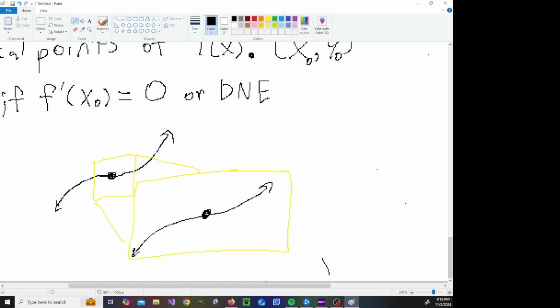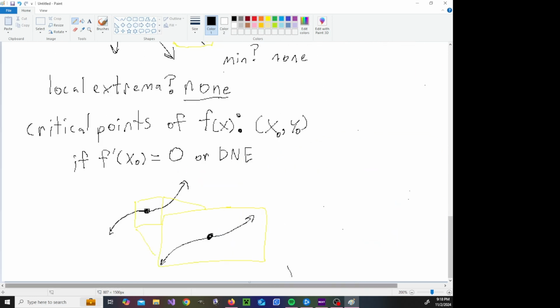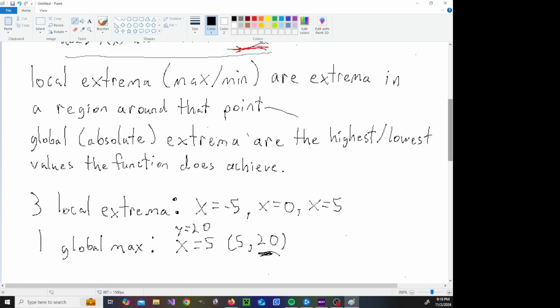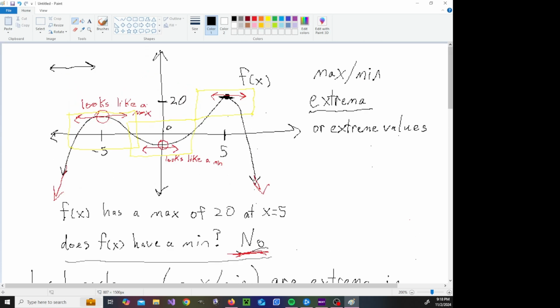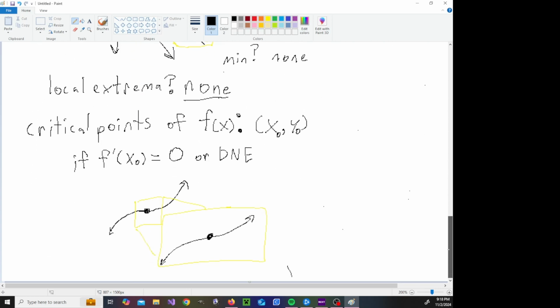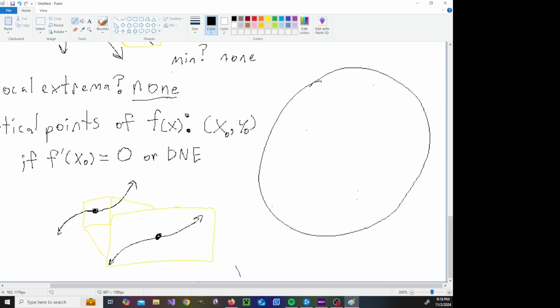However, it certainly is a good place to start to ask where a critical value is. And it turns out, looking at all of my local extrema that I had here, my derivative has to be 0 wherever I have local or global extrema. One way of looking at this kind of situation is with a Venn diagram that I like to draw. So I'll write this big circle for all the points that the function exists for, and this big circle for all the critical points,